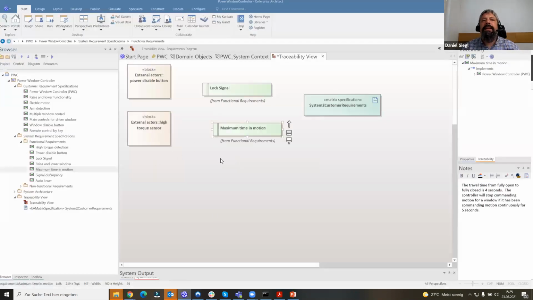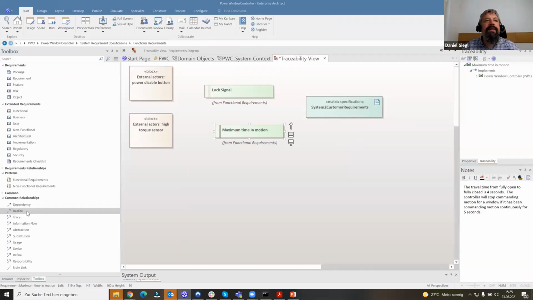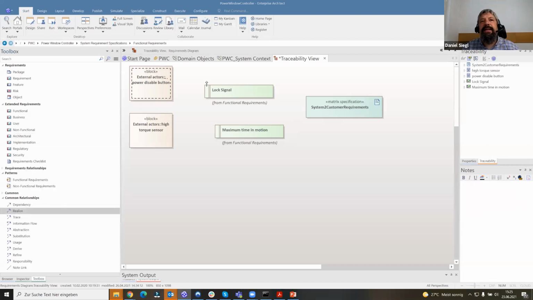And you go to your toolbox. And we create realization links between the blocks and the requirements. And this is basically the typical job you do after you import your requirements. You map them to your architecture so you can do analysis. In our case,